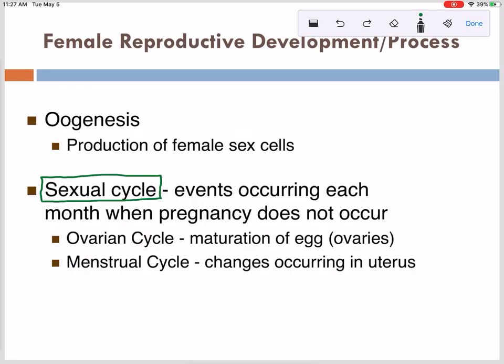In the woman, it's much different. So we call this monthly cycle of events, overall, the sexual cycle. Sometimes you probably hear these terms interchanged, but I want to make sure that we're clear and we're using them properly. So the sexual cycle, it's not how many times a woman has sex a month, haha. What we're talking about is the sexual cycle is the monthly events that occur